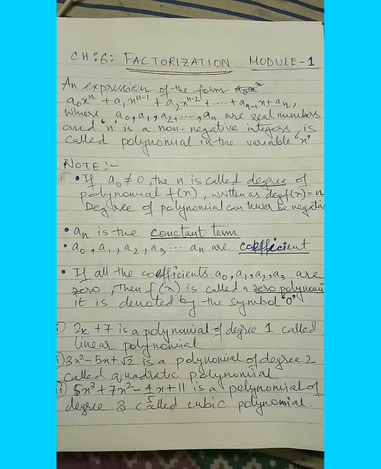Next, it is having 2, x to the power 2. Now how many terms? 1, 2, 3 terms, and here the constant is root 2. This is a polynomial of degree 2 and is called quadratic. Quadratic means when the degree is 2. And the last is cubic. Cubic means the degree will be 3. So polynomials of degree 3 are called cubic polynomials. I hope you have understood.